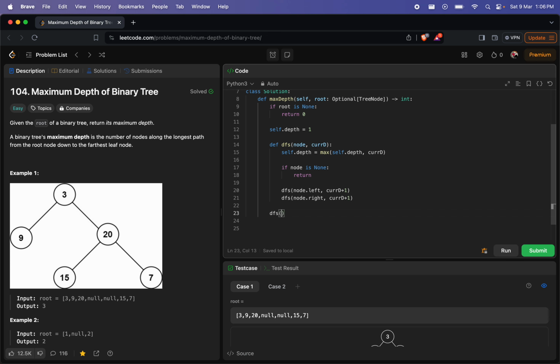And then what we'll do is we'll call depth of search with the root node and then 0 value, and we want to return self dot depth. Okay,